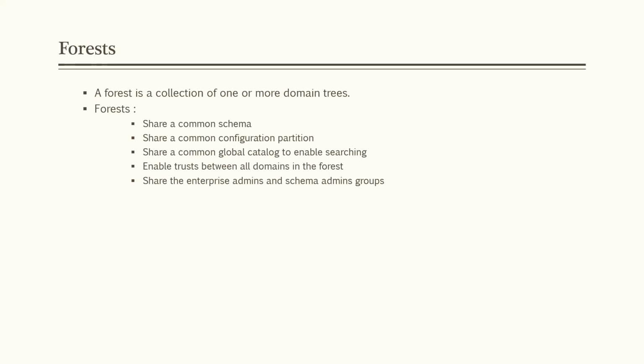If you have observed the pattern already, then great, but the pattern is something like this. First, we took a look at a domain, which is something like contoso.com. Next, we took a look at trees, which is nothing but a parent-child kind of structure between domains. Now we are connecting multiple trees and we are calling it a forest. Alright, so forests share a common schema. That is the most important point. Schema is nothing but the rule book of any object that exists in an Active Directory environment.